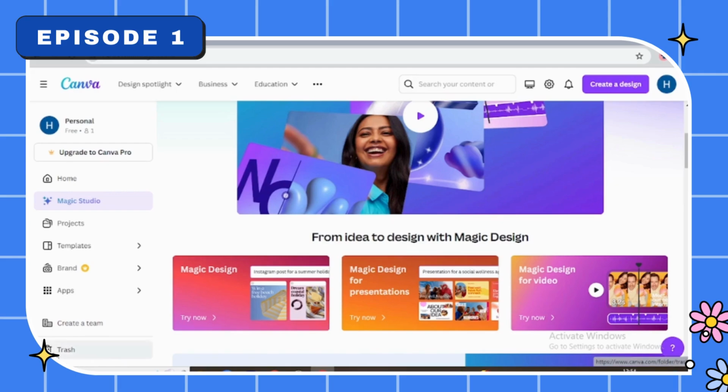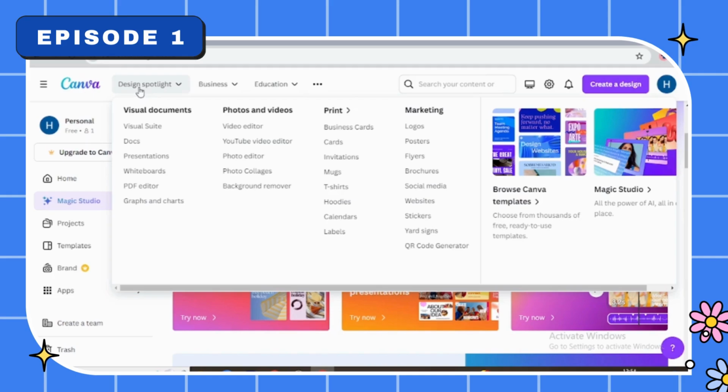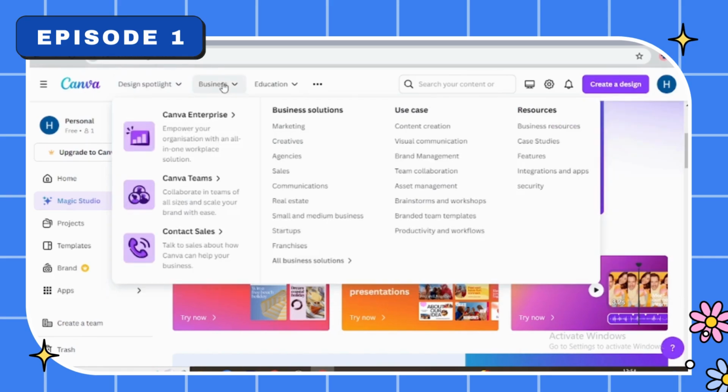Now design spotlight, you have the templates again. Business: Canva gives very many business solutions. When there is a need of marketing a business, you can easily do it with Canva because it offers many solutions.